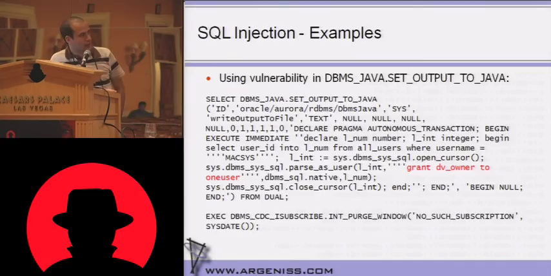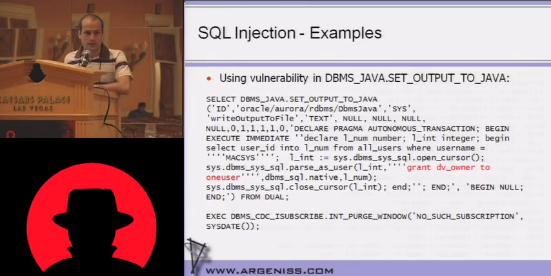Well, I have some examples. We are running a bit late, so I will go fast here. This is a vulnerability in the set output to Java stored procedure. Basically, it will impersonate the